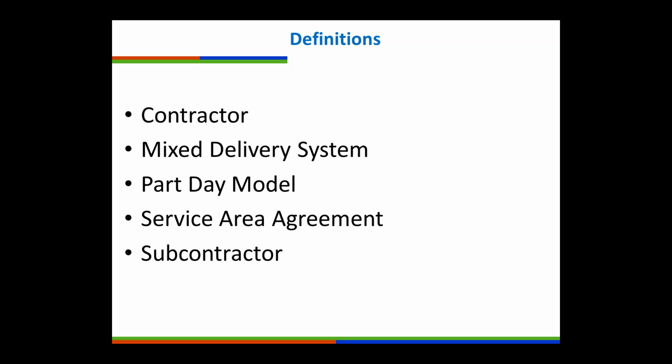All right, in the RFA, we do have a definitions page, and I just wanted to pull out a few of those definitions right now. When we refer to the term contractor, that means an organization whose application has been accepted by DEL and is awarded a fully executed written contract. Mixed delivery system means preschool services provided by public and private organizations such as schools, ESDs, also known as educational service districts, community and technical colleges. This refers to local governments and community-based providers, including licensed childcare and nonprofits.